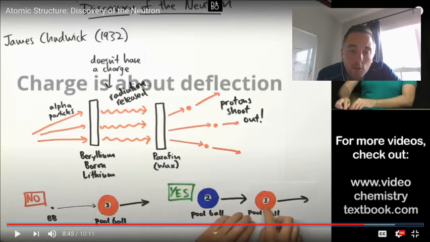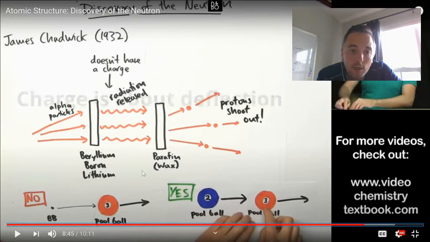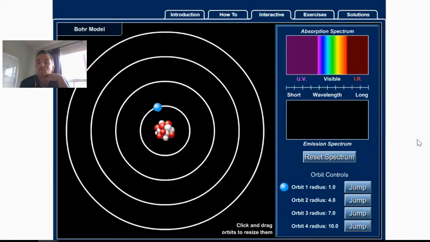We're looking at charge, trying to figure out which way things are deflecting. We know that this has no deflection, so this must be neutral. We also know it's about the size of a proton because it's causing the protons to bounce out into another form. And then we go to the Bohr model and look specifically at how this whole thing